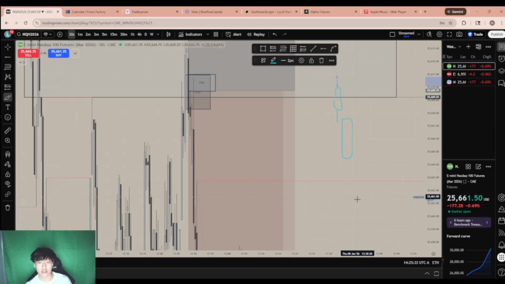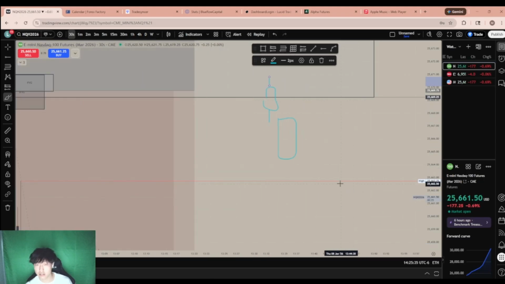What is this red thing? Oh, equal highs. So why does that chain look so goofy? You get a fair value gap, right? Boom. But this one closes like a doji candle, pretty much a small candle, right? It shows weakness. So if this closes super weak and leaves behind a fair value gap, the chances of this fair value gap getting hit would be higher.